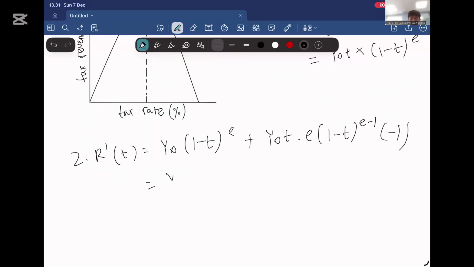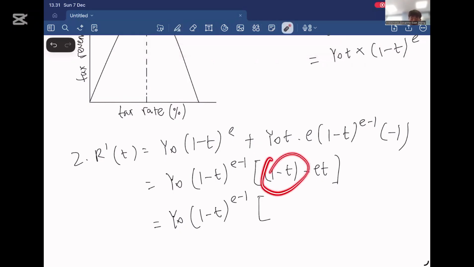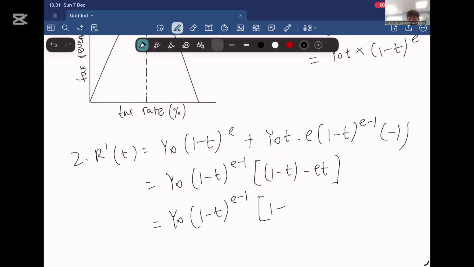Next, Y0 times (1 - T) to the power of E minus 1 times (1 - T - ET). Now I'm going to rewrite the previous equation like this: Y0 times (1 - T) to the power of E minus 1, but now I'm going to open the bracket here, so like this, (1 - T - ET)